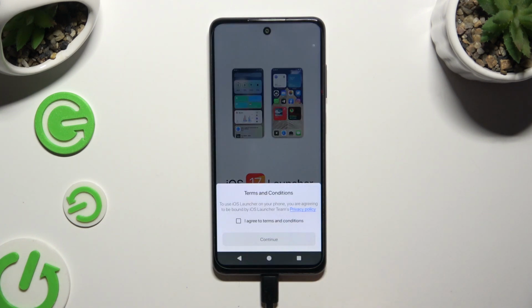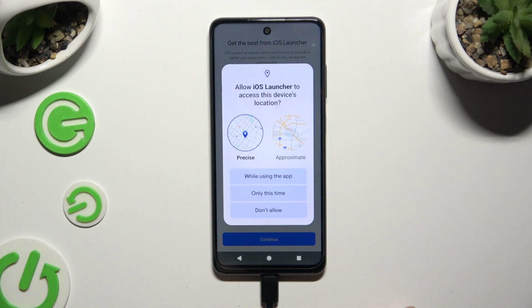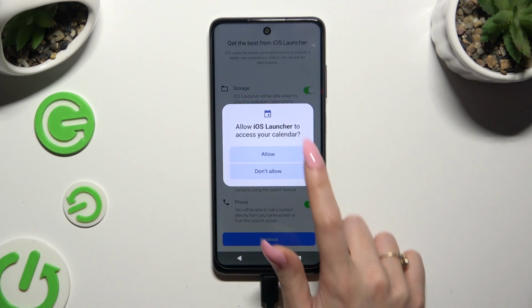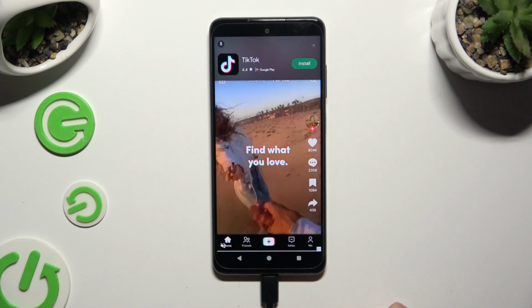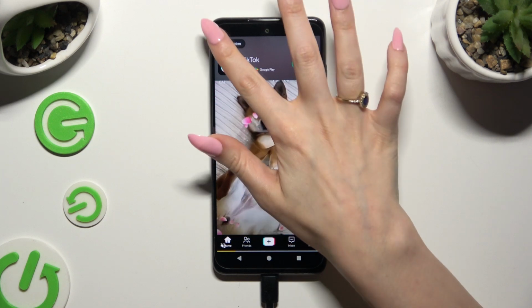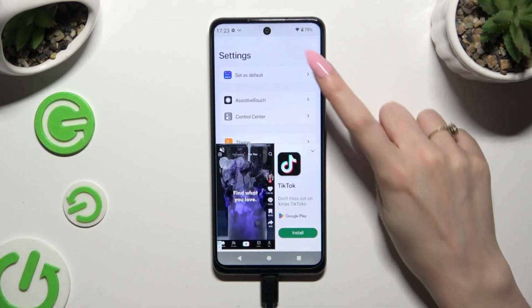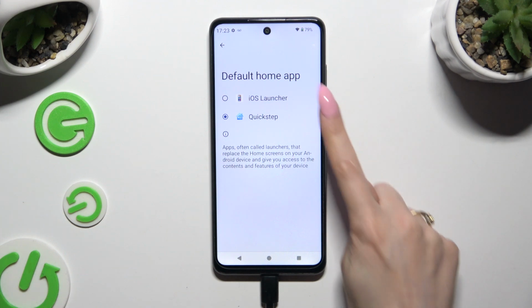Then hit Get Started, select I agree to terms and conditions and choose Continue twice. Now tap on while using the app in the pop-up and allow in all the other ones. Finally, after closing an ad, click on Set as Default at the top and tap on iOS Launcher to apply